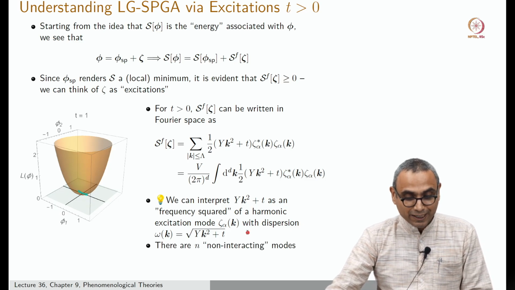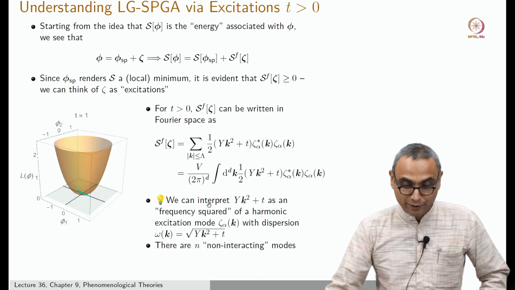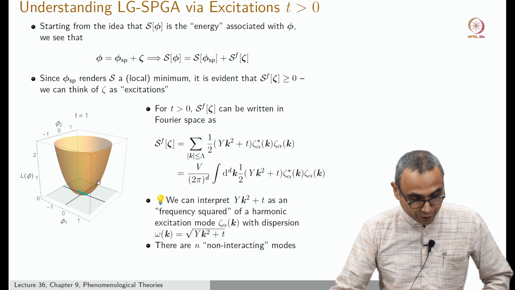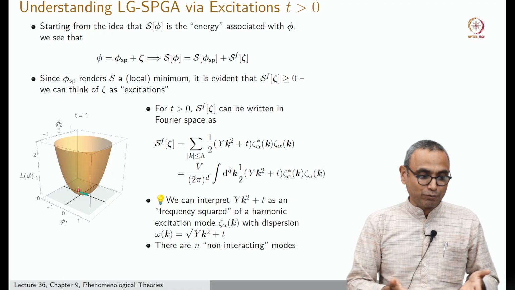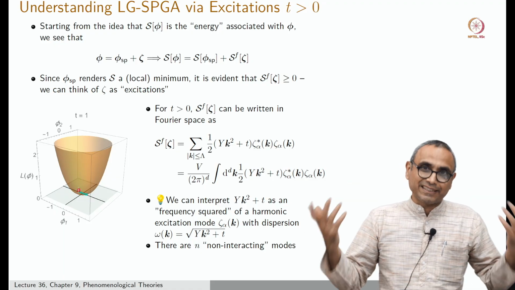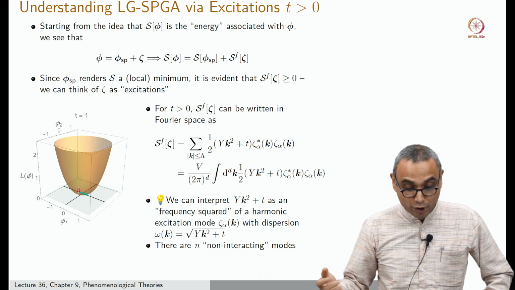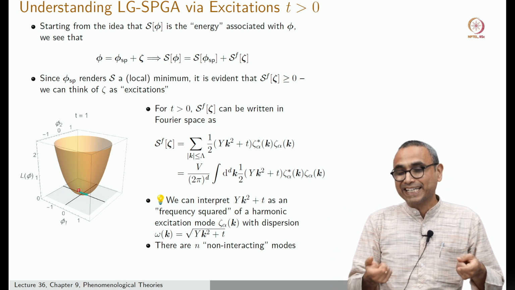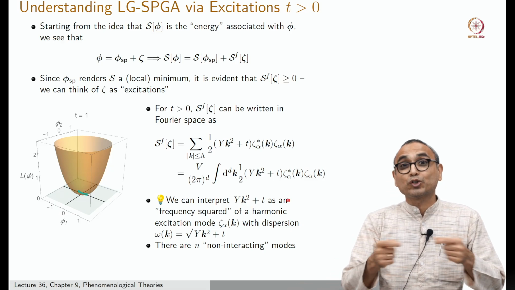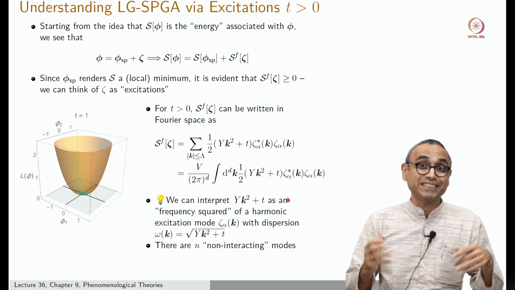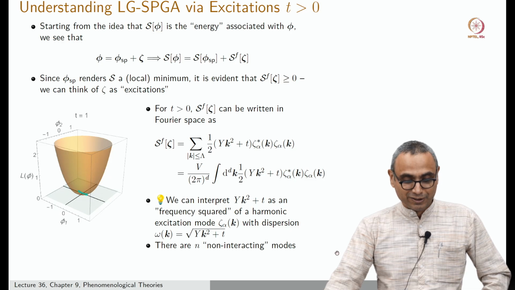Alright. Now, there are n such modes here, right? For alpha equal to 1, alpha equal to 2, you can do oscillations about that. I can of course only draw n equal to 2, but you can think of n as anything you want, and there are n non-interacting modes. What do I mean by non-interacting modes? That means zeta 1 and zeta 2 don't talk to each other. In elementary language, they are normal modes.